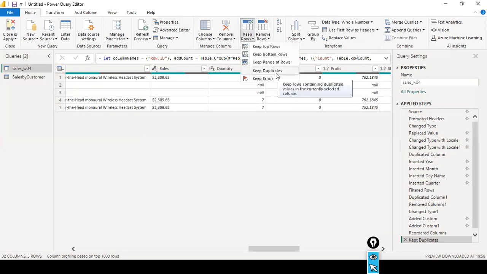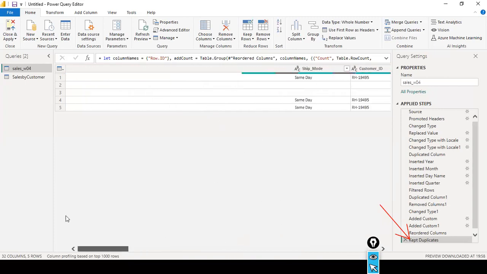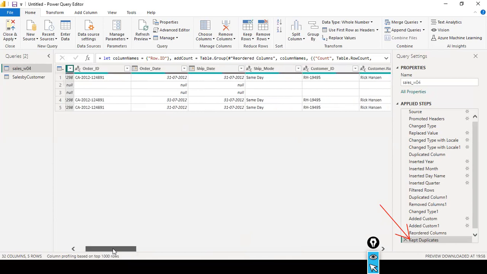First, you check: do you have any duplicates? Yes. Now I checked it, so I'm going to click on the cross next to the Kept Duplicates step, because this step has only this many records. Here we have 5 records. We have 3 repeated values. What about the remaining values? Null is there, null, null, null. We can see the second and third records